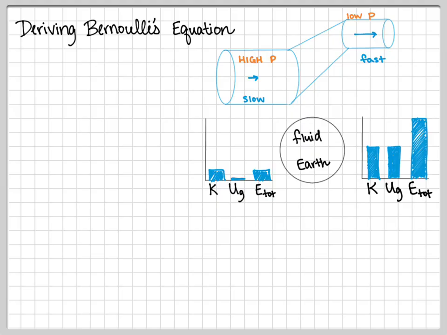So consider this little section of pipe. This fluid is flowing from left to right. If we were to consider an energy bar chart for the fluid-earth system, because I have to put the earth in the system if I want to consider gravitational potential energy, the left side of this pipe has low speed, so it's got a little bit of kinetic energy. It's at the lowest point in this little scenario, so we can say that our gravitational potential energy is effectively 0. So we have a little bit of total energy right here on the left,